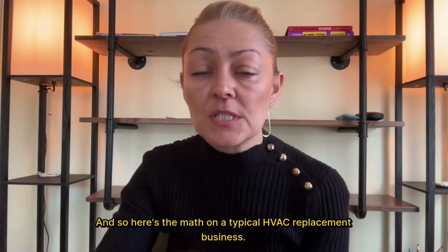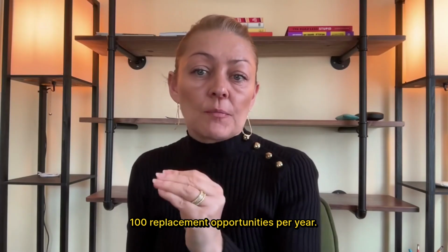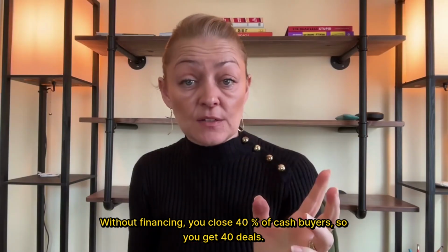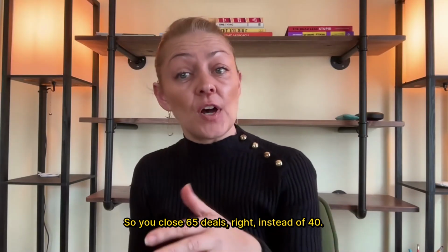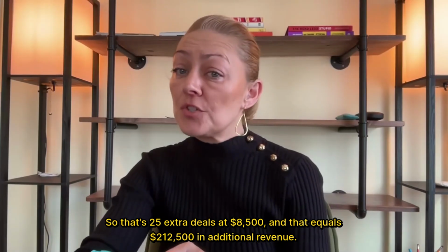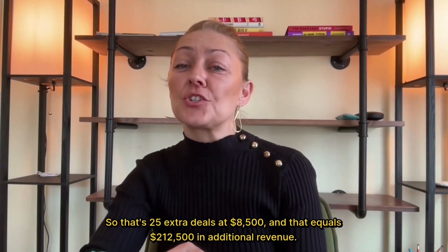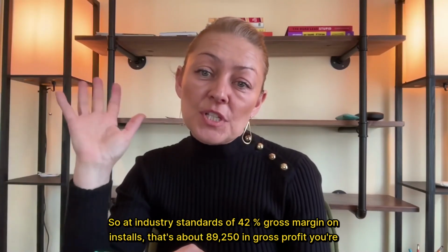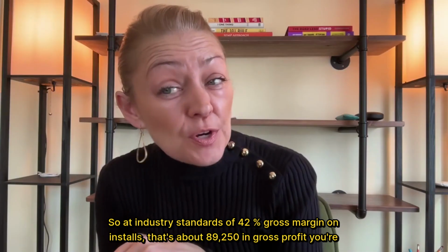So here's the math on a typical HVAC replacement business. We've got an average replacement cost of $8,500 and 100 replacement opportunities per year. Without financing, you close 40% of cash buyers, so you get 40 deals. With financing, you close 65%, so you close 65 deals instead of 40. That's 25 extra deals at $8,500, and that equals $212,500 in additional revenue. Not too shabby. At industry standards of 42% gross margin on installs, that's about $89,250 in gross profit you're leaving on the